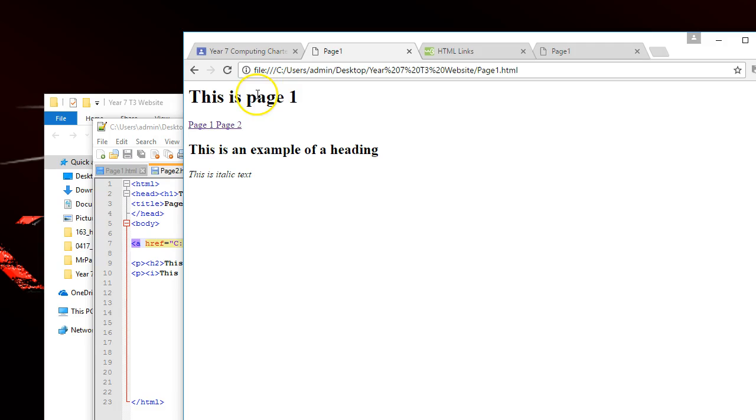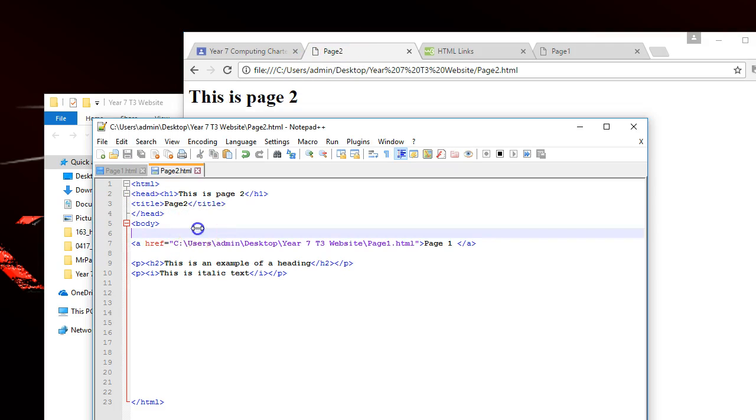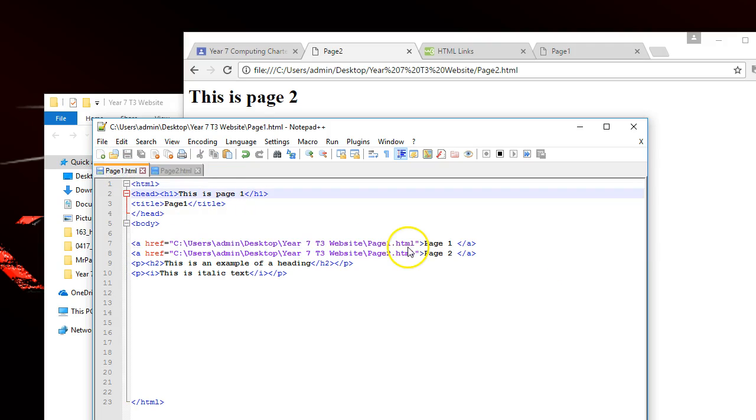Resuming this video now, I have got links between page 1 and page 2. I paused the video to test this in case it was not working. And you can see this is page 1. You can see the tag. And when I click on page 2, this is page 2. Now I am missing a link for page 2, so what I'm going to do is